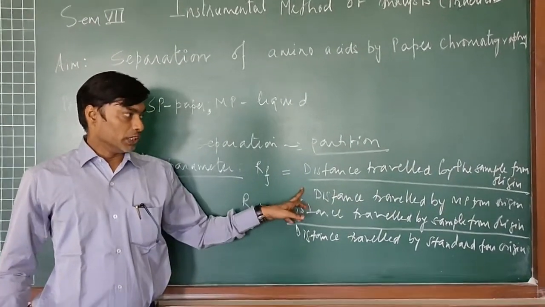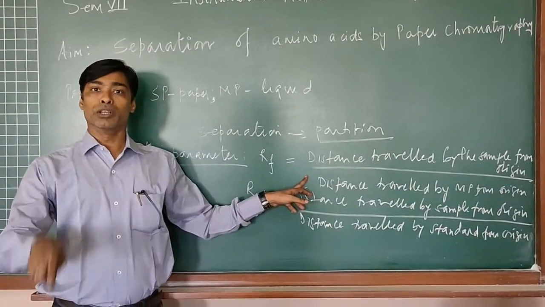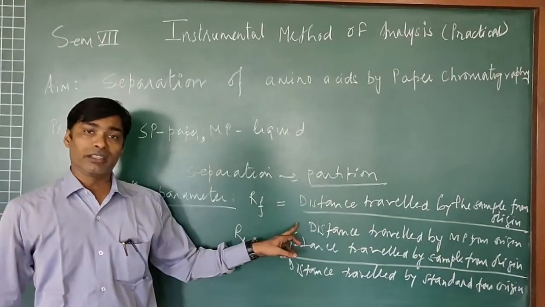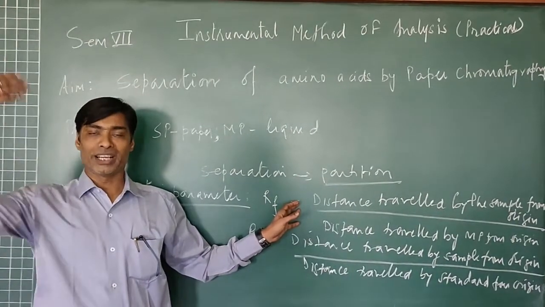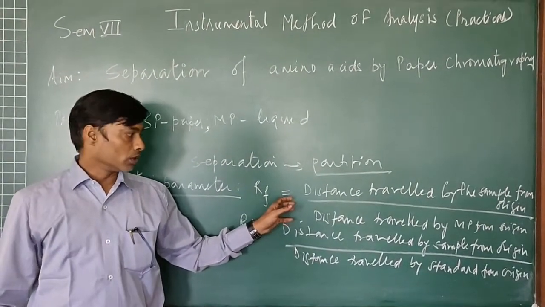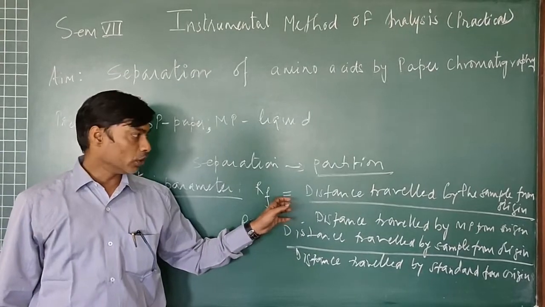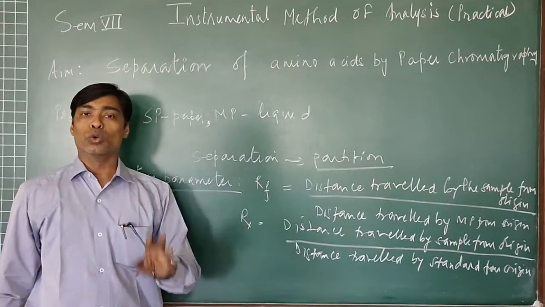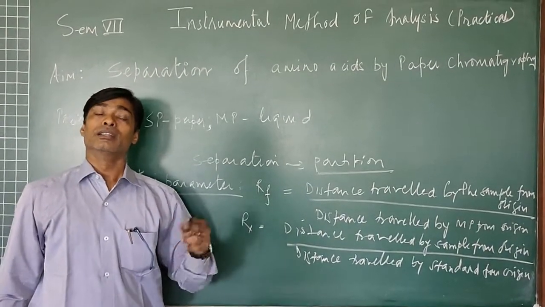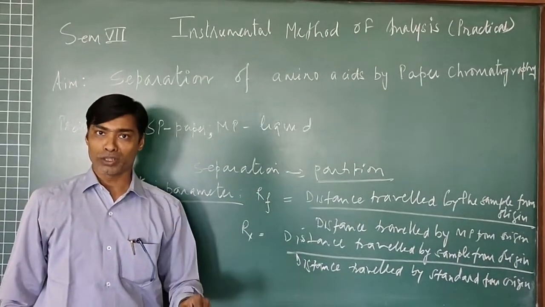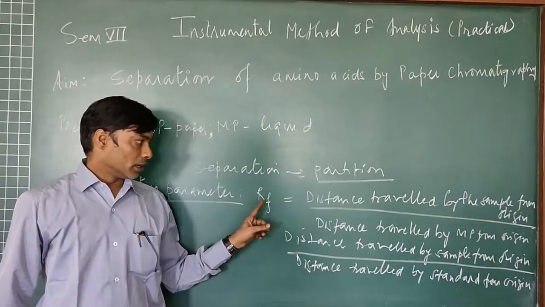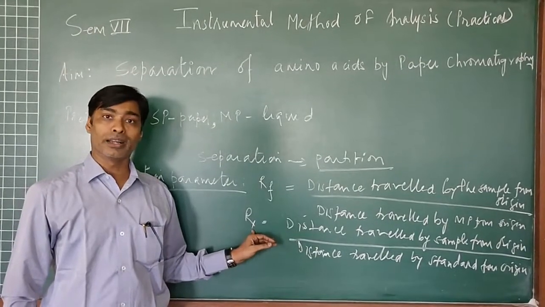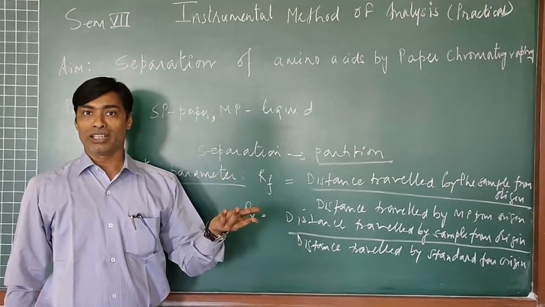But here we will be matching the RF value in a given chromatographic condition for the unknown sample with respect to the solvent front, and we have to match it with some standard values for establishing the identity of the unknown compound. One thing we have to remember here is that no two compounds can exhibit the same RF value in the same chromatographic condition, and the RF value will always be below 1. Here the Rx value can be above 1, that could be possible.